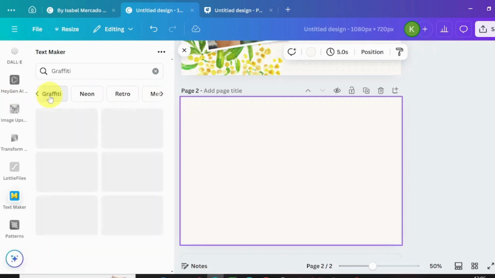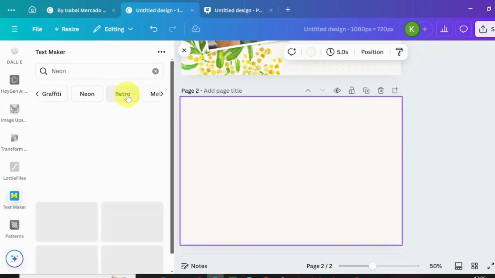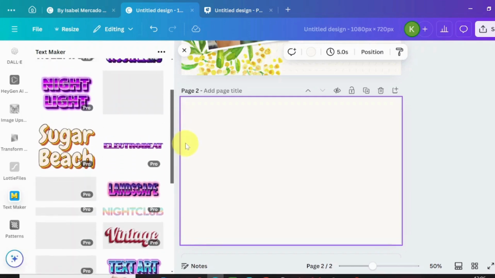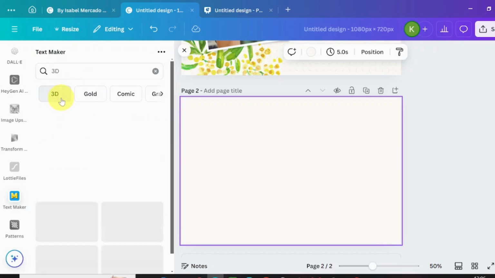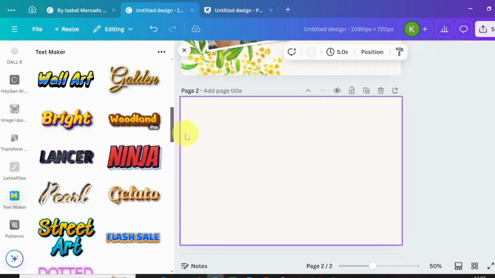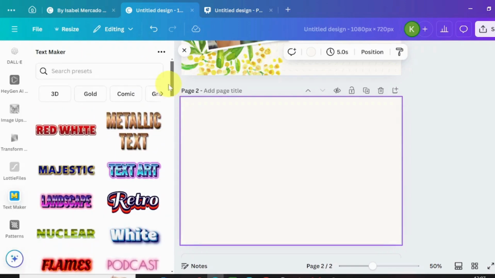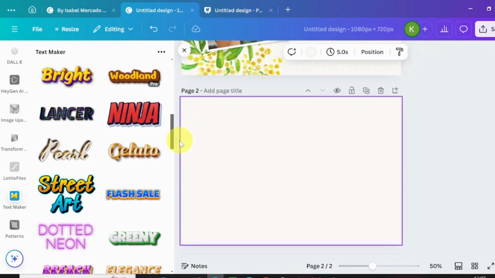You have the graffiti, you have the neon, you have ritual designs. It's so beautiful. Please do explore all these texts, all these features that we have. So I'm just going to go with this 3D. One thing is, as much as this is free, it's more like our Canva Pro and our Canva free